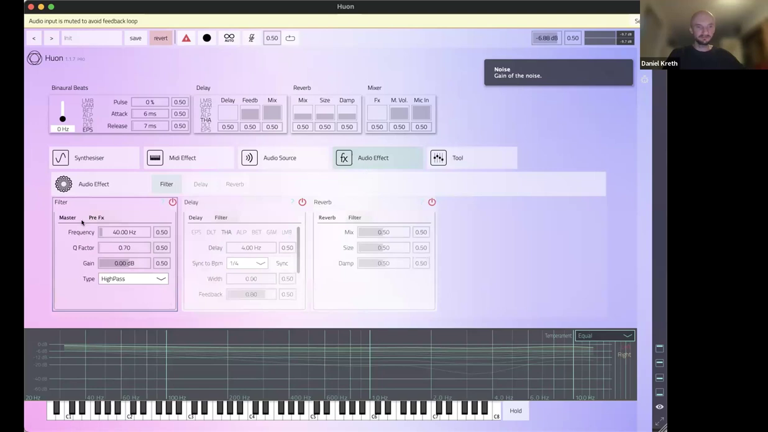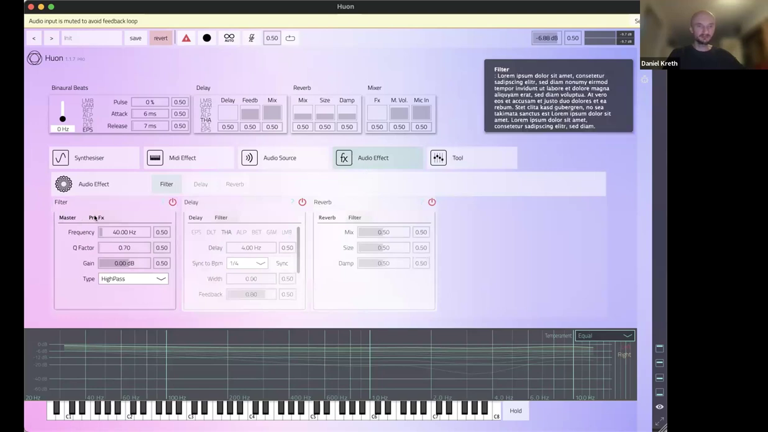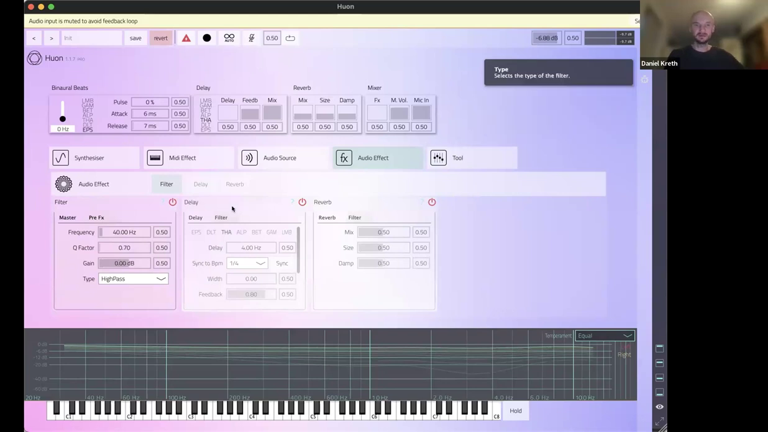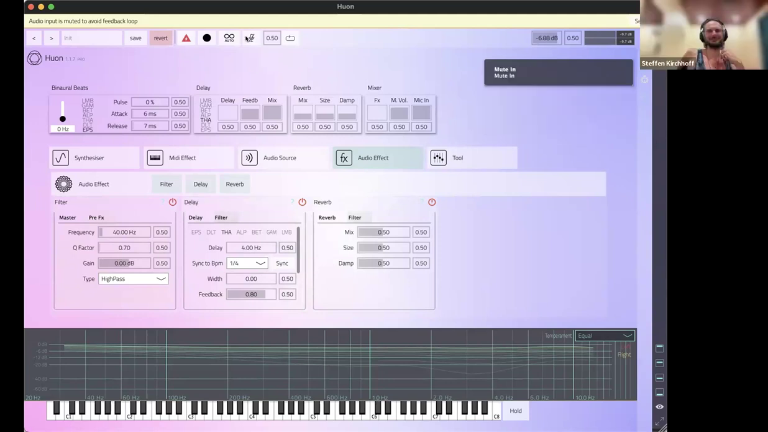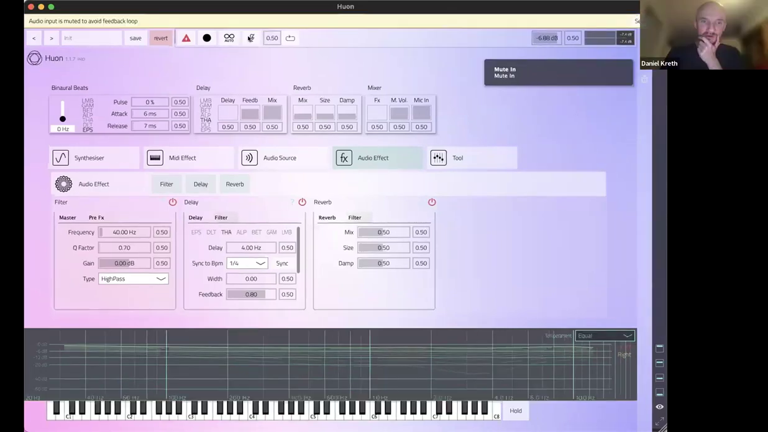You have the filter, you have the master filter and the pre-effects filter. You can filter the signal before it's going into the delay and the reverb. And here are the delay and the reverb. Each module also has a filter you can fine-tune your sound with. And let's see what it will sound like if I speak into the mic now here. Hello? Right now there is